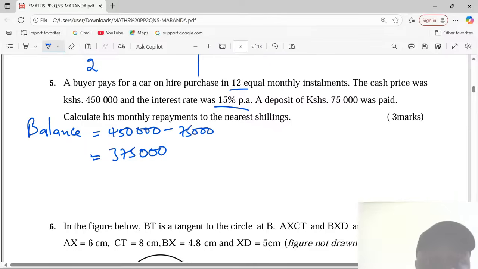So we are supposed to calculate the rate per month because what has been provided is per year. Look at this. 15 is the rate in 12 months. Therefore, per month it shall be 15 over 12. This gives me 1.25%